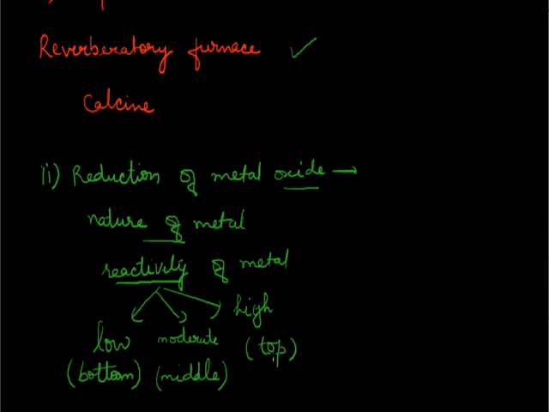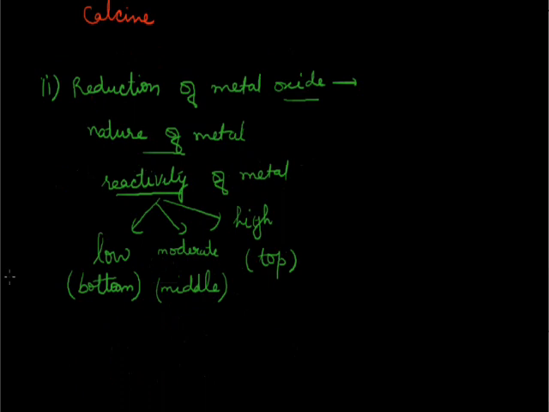So on the basis of reactivity of metal, we can form three categories: metals at the bottom, metals in the middle, and metals at the top of the reactivity series. Different methods are employed for the reduction of metal oxides of these three categories. So first we'll consider